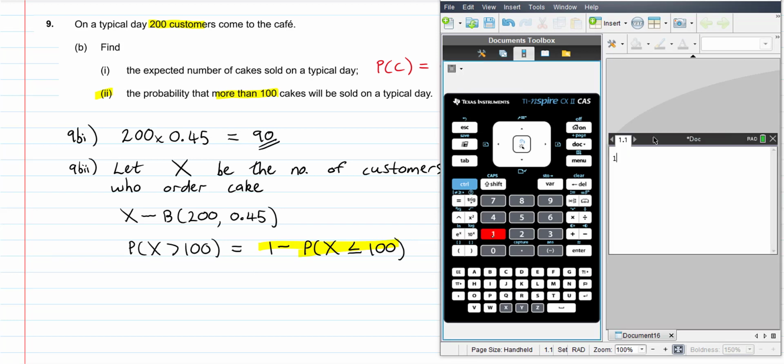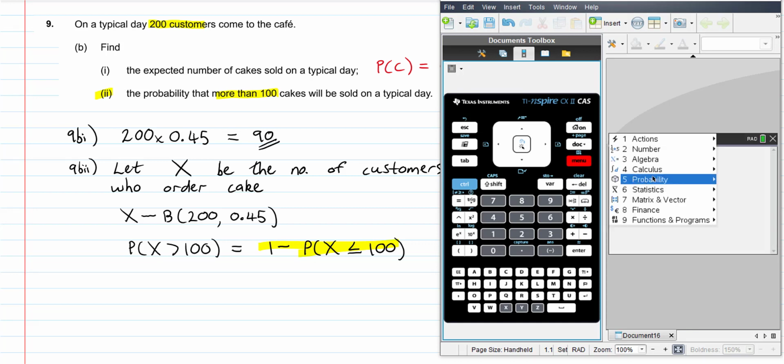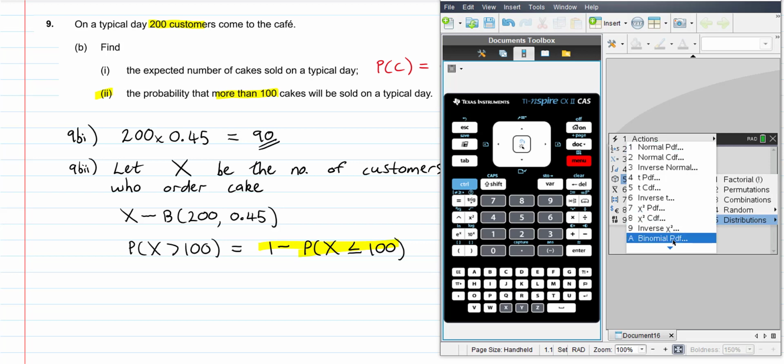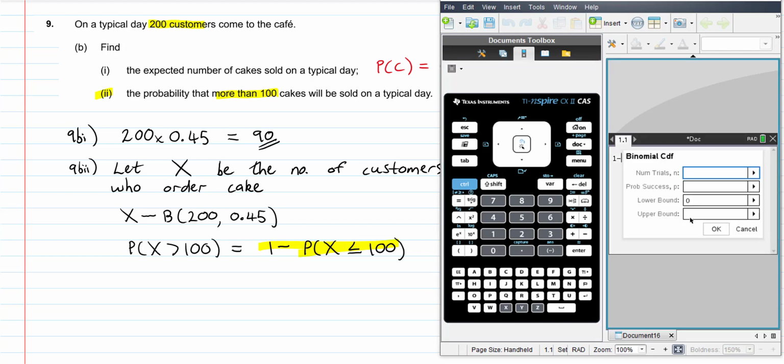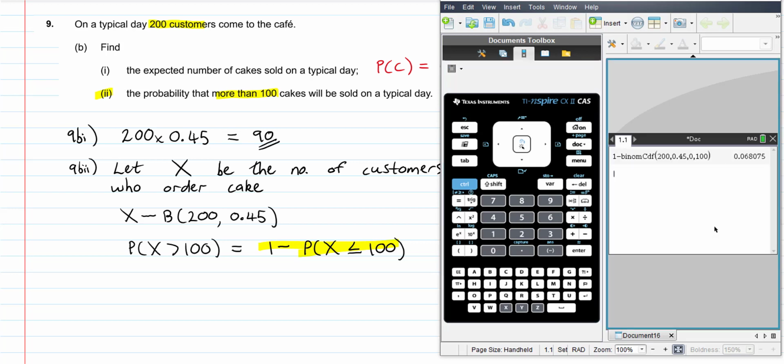Okay, so we've got 1 minus, and then we're going to go to probability, and then to distributions, and then we want the binomial CDF, this one here, the cumulative distribution function, and then we just plug in our numbers. So number of trials was 200, our probability of success was 0.45, our lower bound is 0, and our upper bound is 100. And working that out, we get